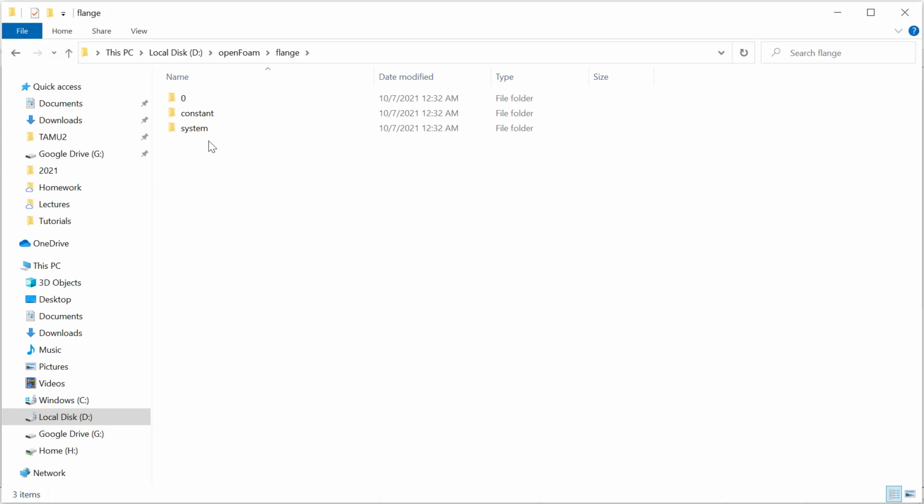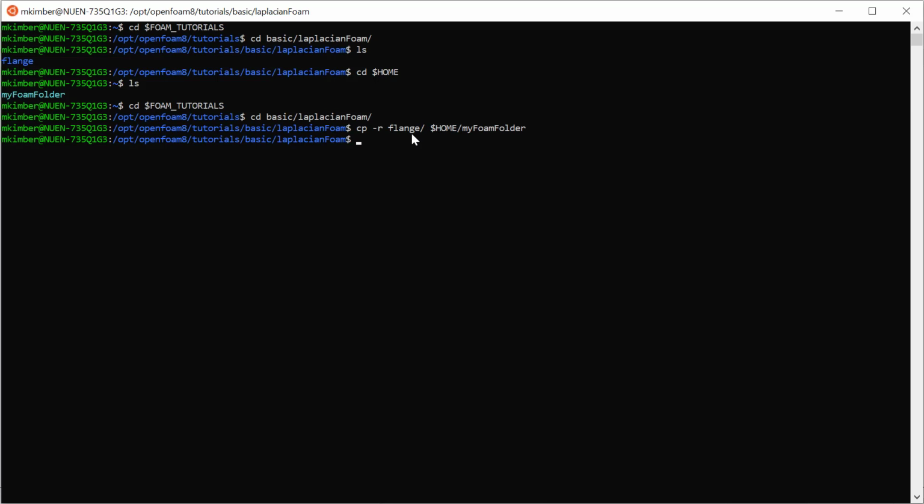I want to create a very simple mesh because this is a very simple problem. I'll use the block mesh utility within OpenFOAM. The problem is I don't have anything in here in this tutorial set of files for a block mesh because it wasn't designed to do that. So what we will do is simply go to our foam tutorials,